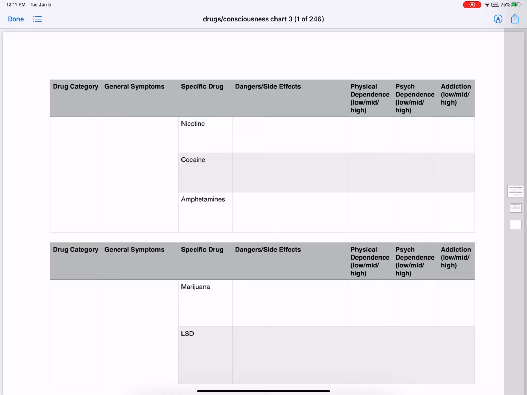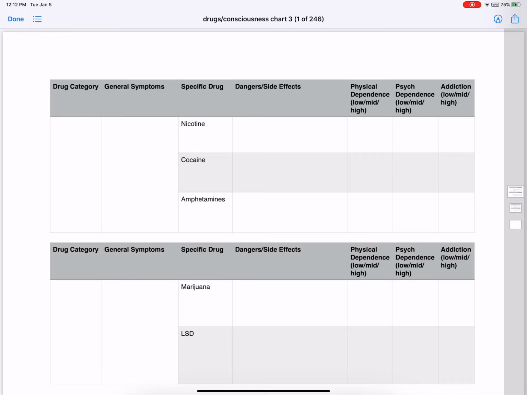So let me preface that by saying the answers are gonna vary from student to student with how you fill out these charts about these different drugs. However, while there will be varying answers and things might not be exactly the same from one classmate to the next, there is still some general basic information that I'm looking for as I go through it. So hopefully you'll get the basics for each of these. That being said, I'm also not necessarily looking for 100% accuracy. I am looking for 100% completion,